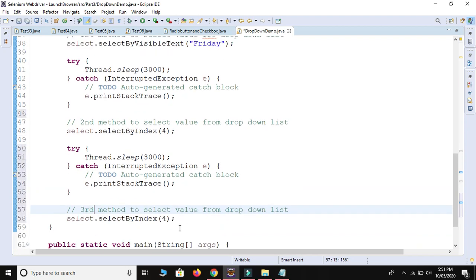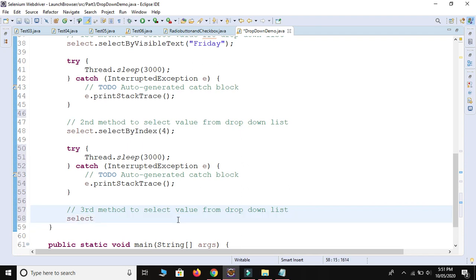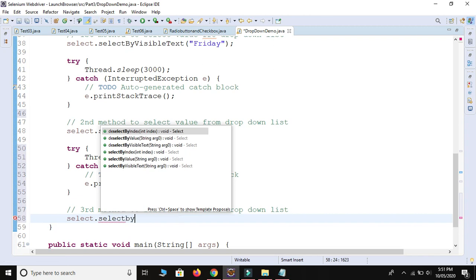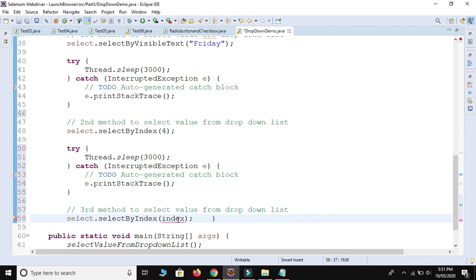Control Shift F. Okay, this time we are going to use select dot index, I think. Wait guys, select by index. Okay, we already covered select by index, so let me change.